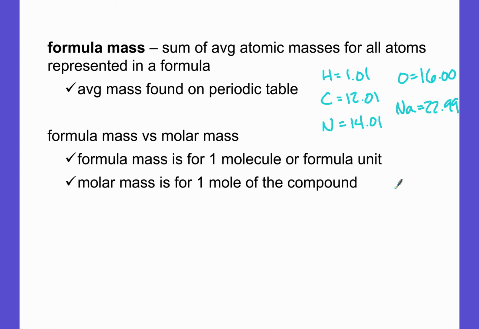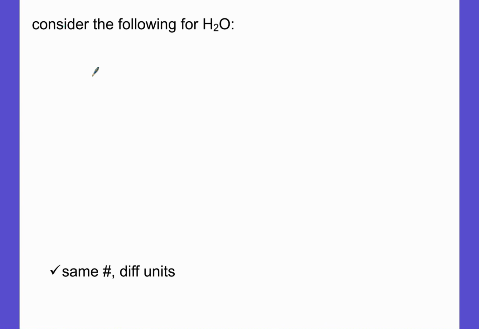But otherwise, formula mass and molar mass, right? The difference being formula mass is for one molecule or formula unit, and molar mass is for a whole mole of a compound, right? Basically, the units are the only thing different. Formula mass is in AMU, molar mass is in grams. So if I look at this example that's in your notes,